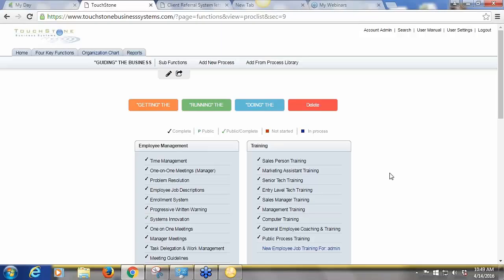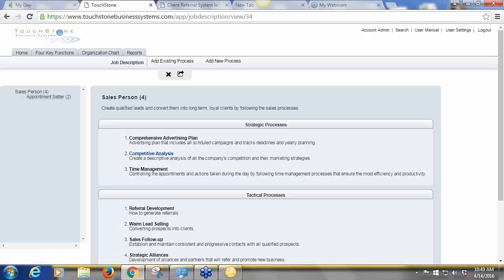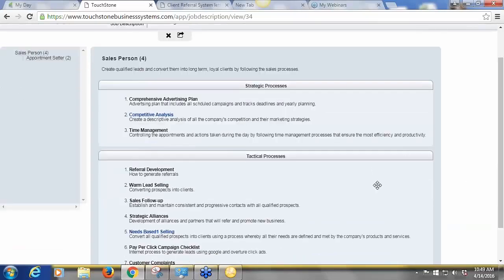So the best routine for getting your processes documented over time is to sit and think about who's going to be accountable for it. You can look at your organization chart here and consider key employees and managers, or even yourself, and what you're going to start to document and when. You can go to each position. So if I have a salesperson and I want them to be documenting their processes, or I want the sales department to do it as a team, or there's one key person that I want to start to work on them, I would go to the sales job description and I click the title right here,